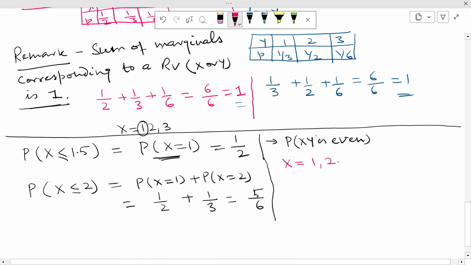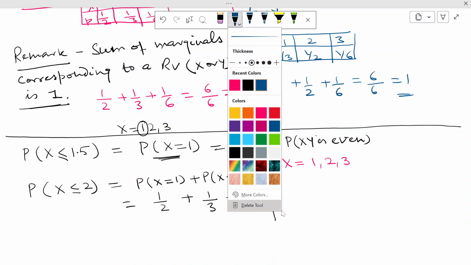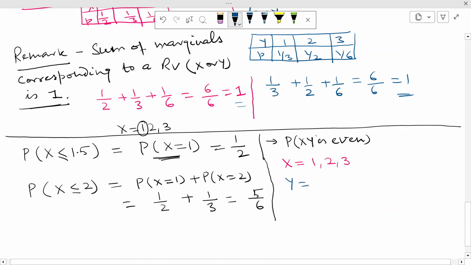So we have three values of x, which are 1, 2 and 3, and the same values for y: 1, 2 and 3. Out of these values, we have to consider only those whose product is even. Okay, so xy is even means, if you are considering x equals 1,